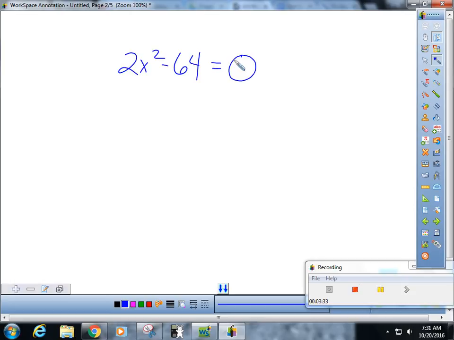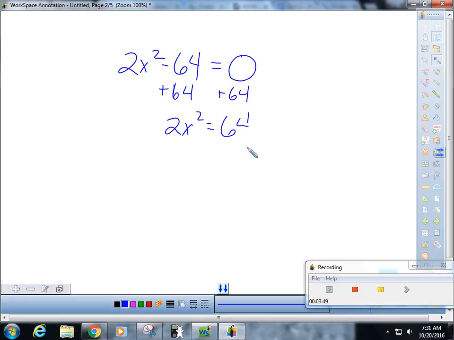Okay, so since there's no term that is like 5x or 2x, which is a bx term, we get all the numbers on one side. So we're going to add 64 to both sides. You get 2x squared equals 64. Now, what do you think my next step is? Divide by 2. And you get x squared equals